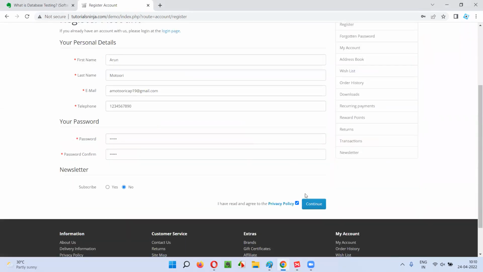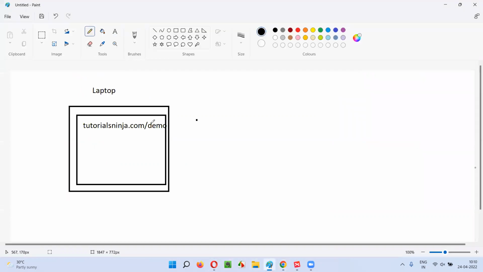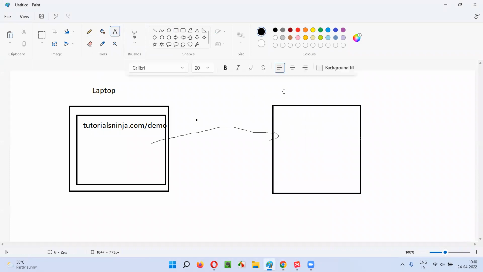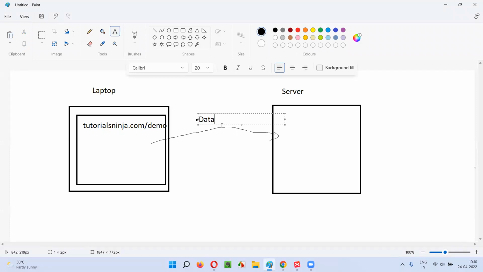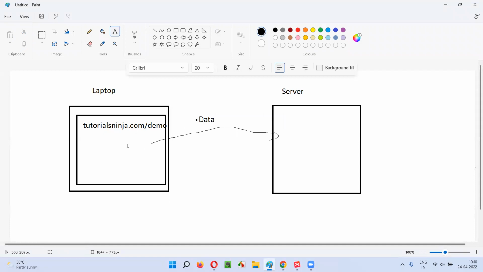And the moment you click on the continue button, what will happen? A request will be sent to the server. Let's assume that this is a server somewhere remotely. So with all the data that you have entered from the graphical user interface of this application, when you click on that continue button, a request is sent to the server. Server will process the request and will store this particular data